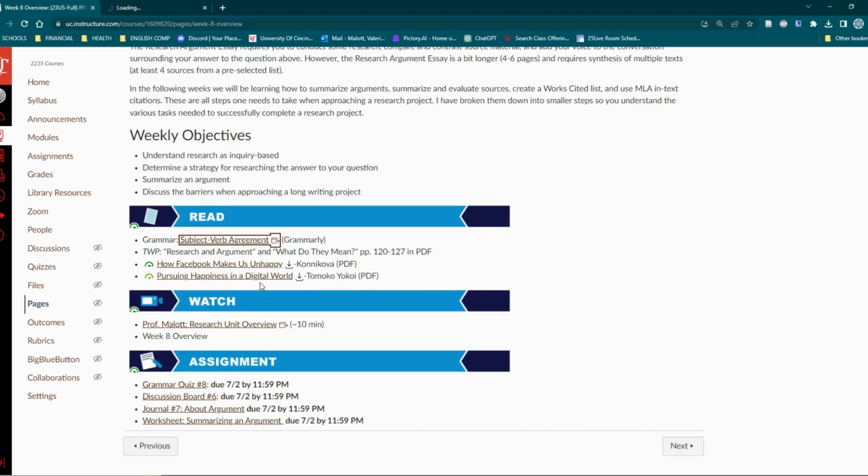These are the first two of 4 required readings. I see here that the Grammarly page is not coming up. It might be something with my computer, but if you have a problem with this link opening, please let me know and I will make sure to get it fixed.